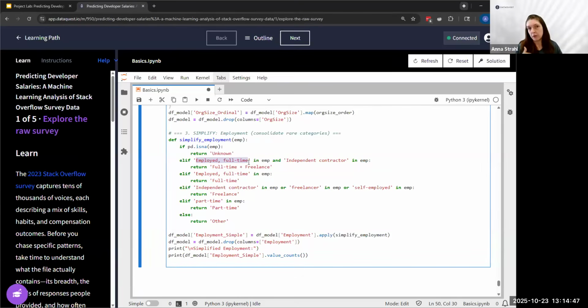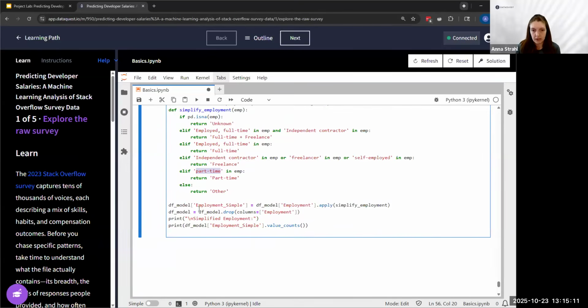So next thing we're checking for is if they say they're full-time, we're going to say that's their answer. And if they're full-time and independent, because those two things kind of are different and important together. And then we're going to look just at full-time. And then if they're not either of those, are they a contractor? And after that, are they part-time? So we're simplifying based on importance here. And then mapping.